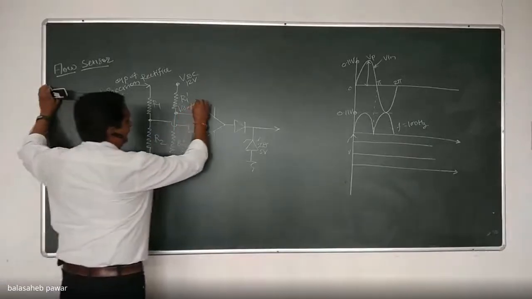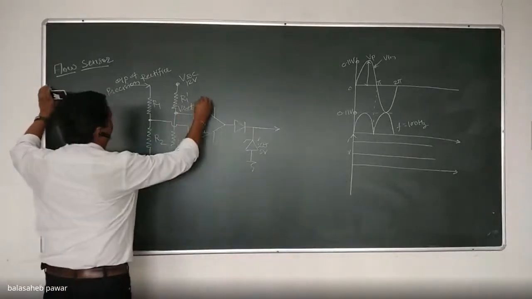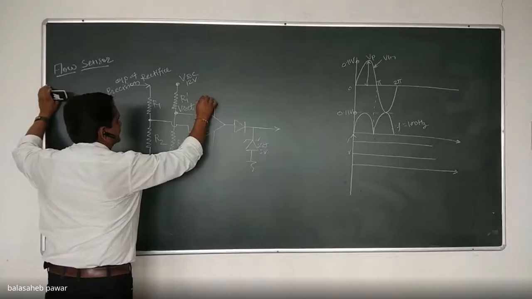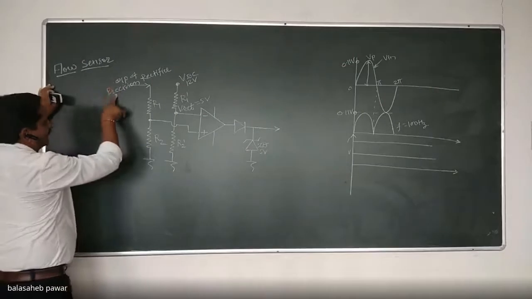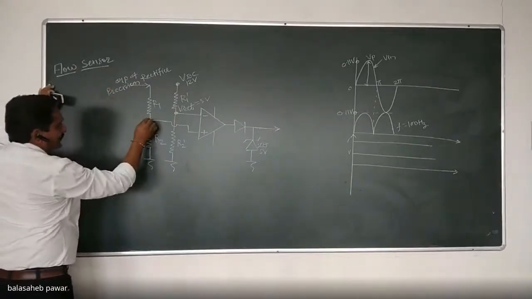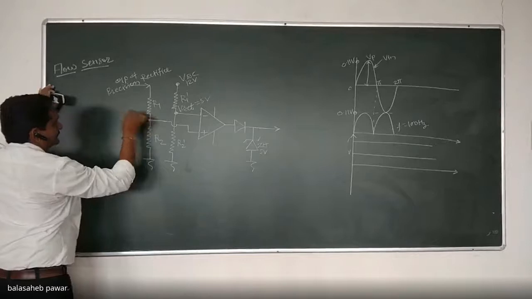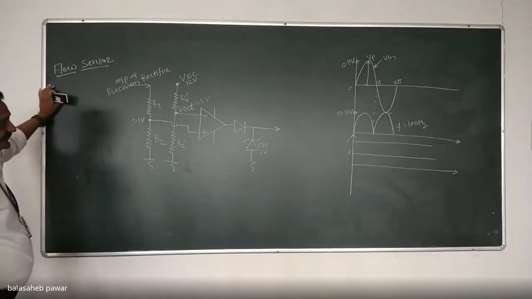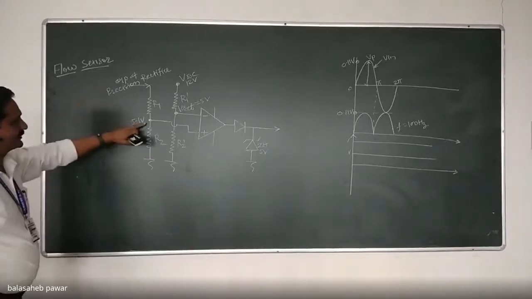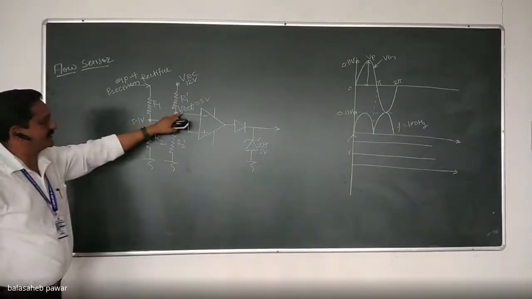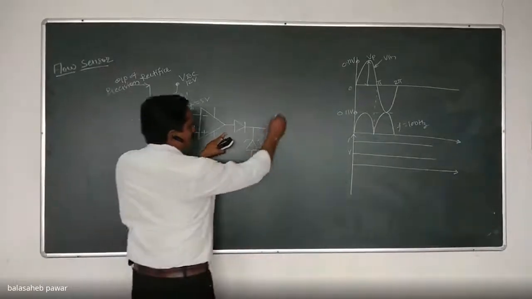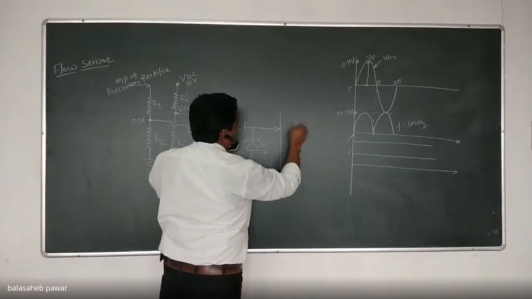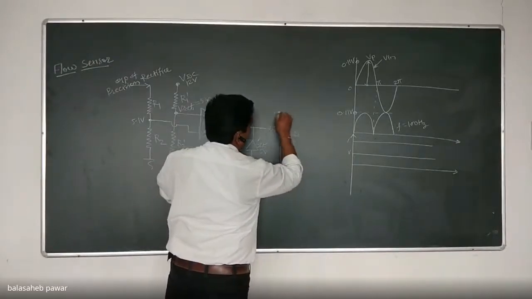Again, I will take that V reference. Suppose it is, for example, 5 volts. We can take any one. And when the precision rectifier output will be 12, at that time this node voltage should be 5.1. Yes or no? And when it will be 0.11, at that time this node voltage will be very small as compared to the reference voltage, and hence the output of the op-amp will be minus Vsat, and hence our controller input will be 0 volts, right?